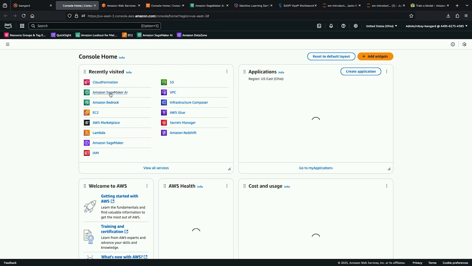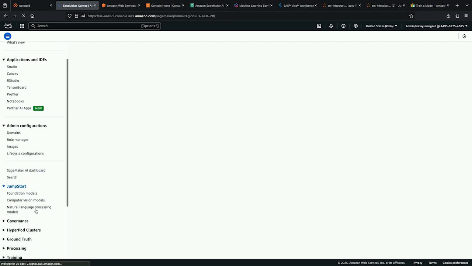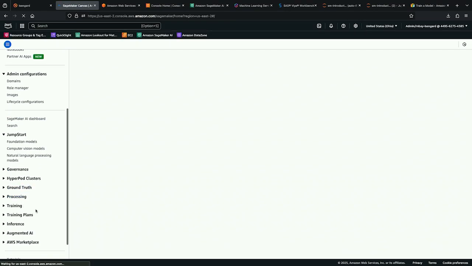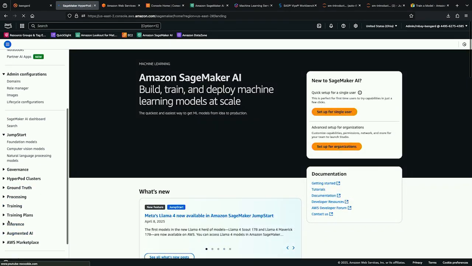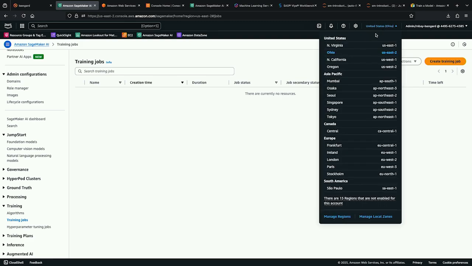And so if you want to make sure that your job is training, you go to the SageMaker UI. And then from here, you go to training and inference. Inference is once you've deployed a model, that's where your model will be. And then training is where you find your models and training jobs. So this is where you will find your model. I don't have any model here because I'm not on the right region.